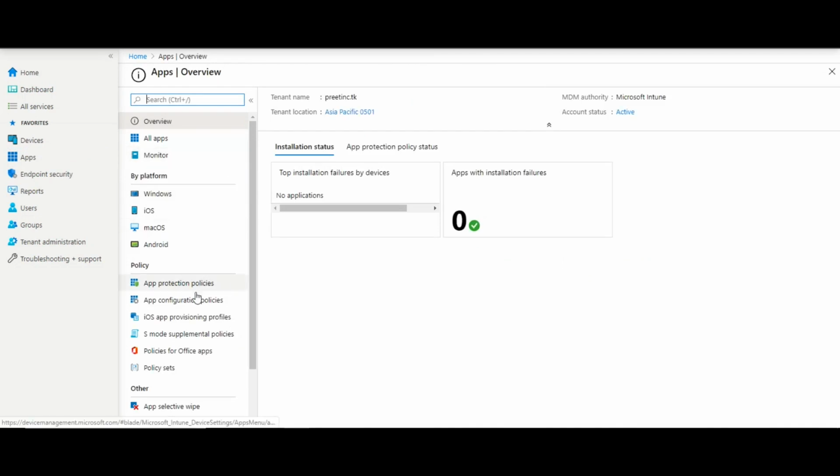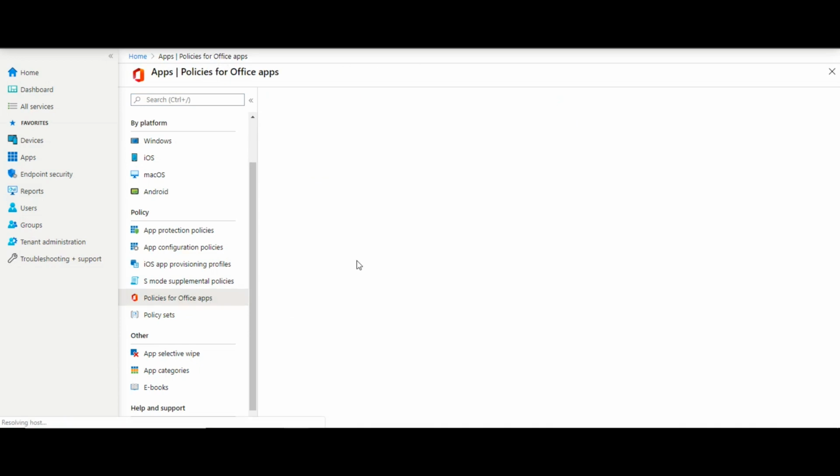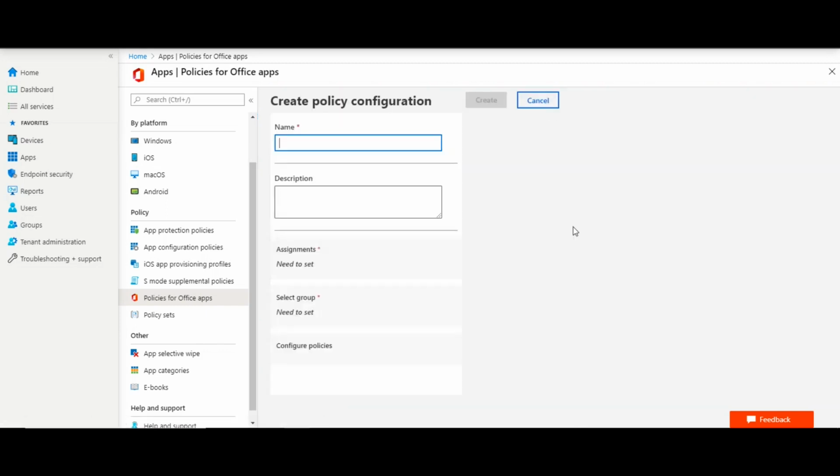mentioned here. We have the protection policy, the configuration policy, and the policy for Office apps is something very interesting. You don't have to specifically add an application for Office and push them like that. We have options like we don't have any at the moment. So I'm going to go and click create, and